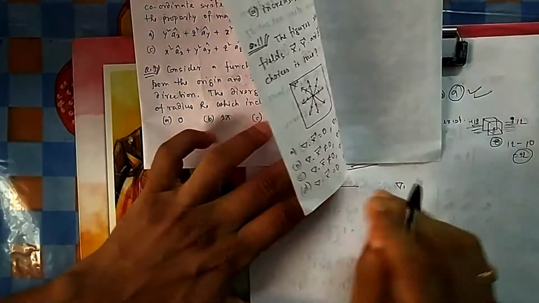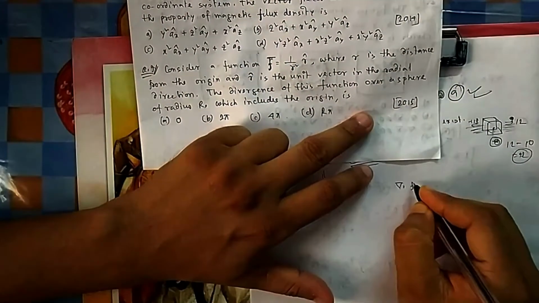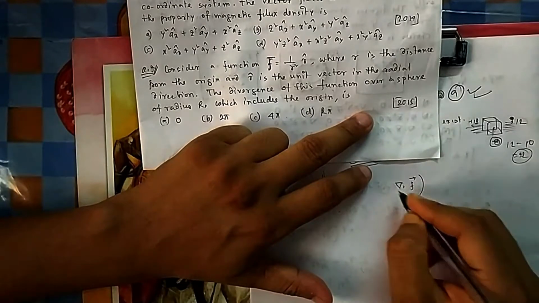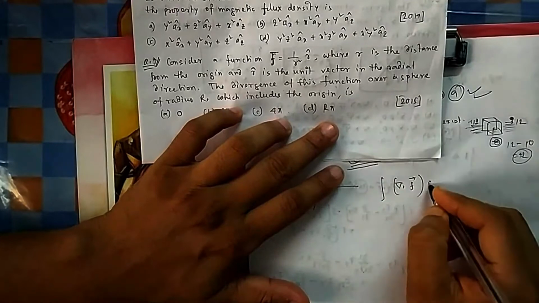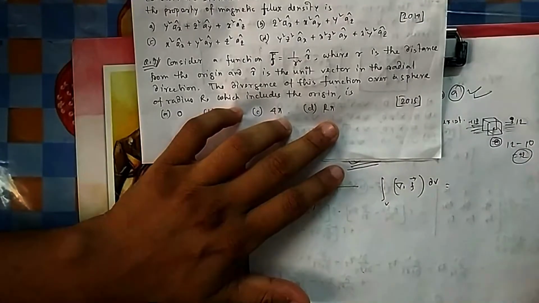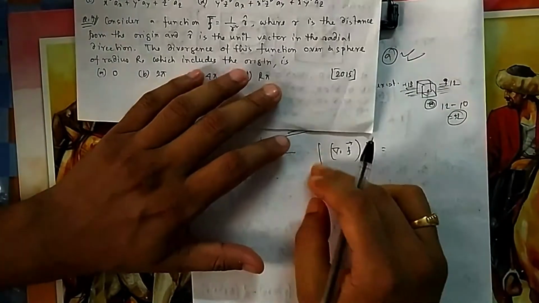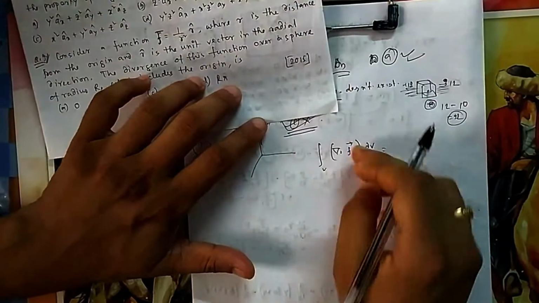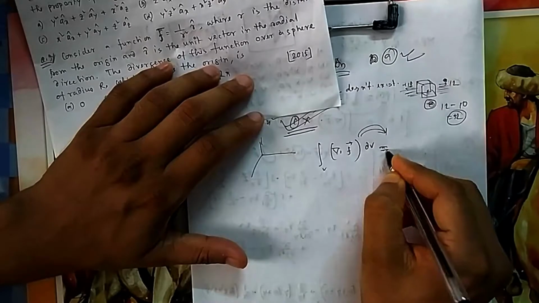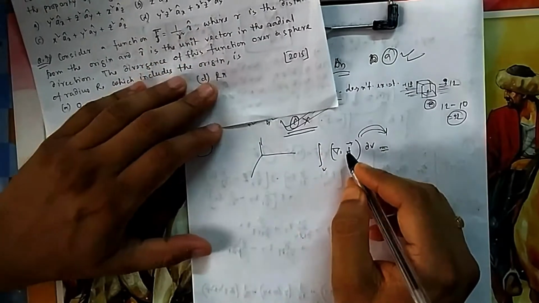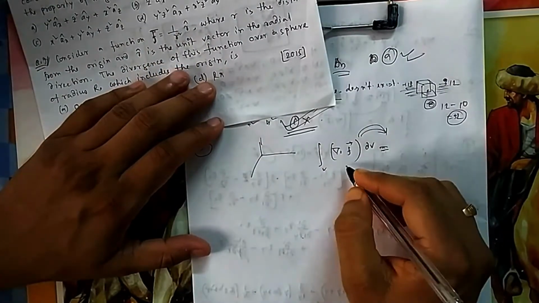So you have to calculate divergence of this one, that is your F vector, and because you have to calculate it over the sphere, that means you have to integrate it over the volume V. I am not writing the triple integration sign, the symbol for volume means triple. We can reduce this work a little bit by using the Gauss divergence theorem that we have studied. So which one is covering the volume?